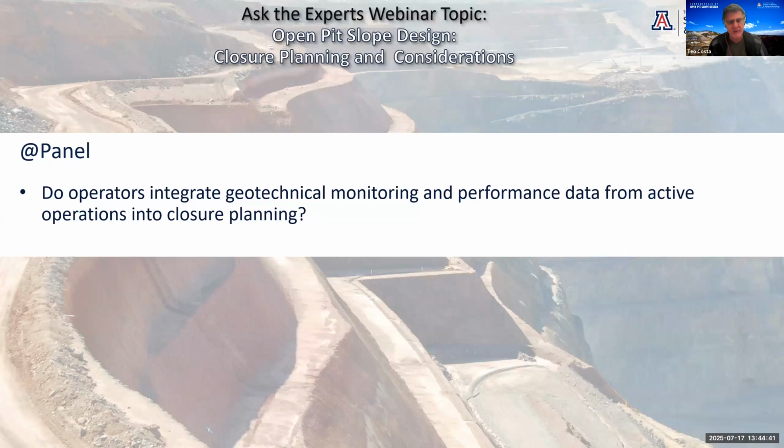It helps a lot to control the mining operation and keep the slope safe and people in the mine safe from any type of problem. And we are now trying to establish and improve this type of monitoring in order to look forward, not to be reactive, or what we call